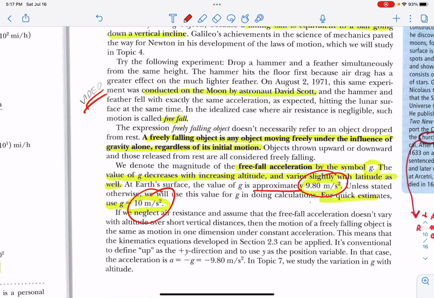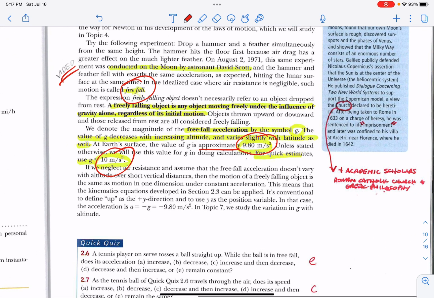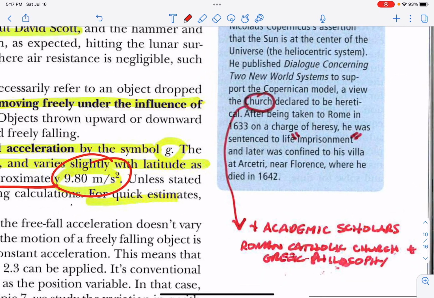Anytime an object is falling and we can disregard air friction, again, we say it is in free fall. And it's usually a good estimate to make. Now over here, a little reminder,